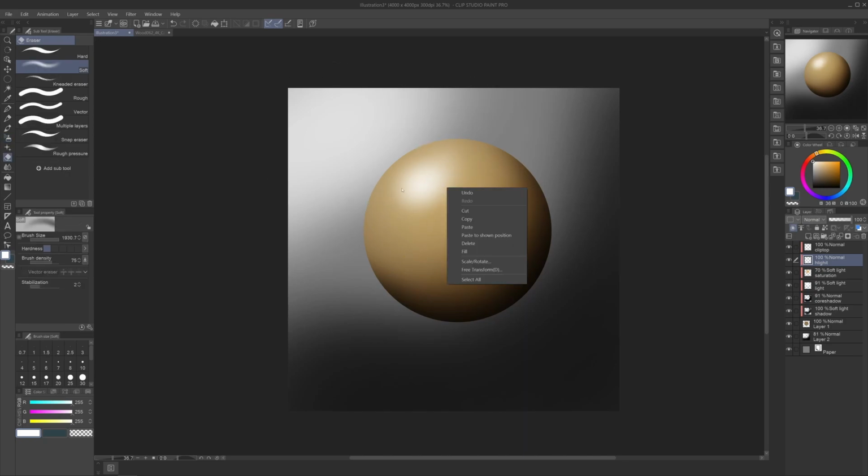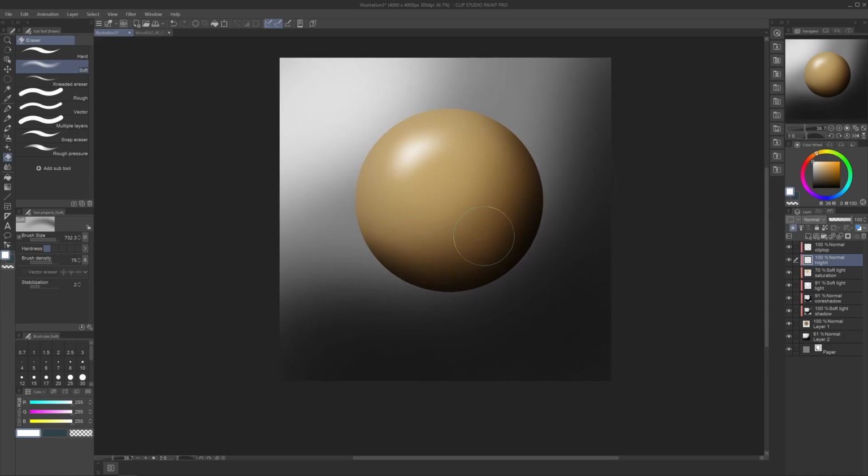And I'm going to take an eraser, and I'm pressing the wrong buttons. If you press Ctrl Alt and right click, you can drag and adjust the size of your brush in Clip Studio Paint. So something like that, a bit of it here. Yeah, that's probably nice enough. Now,